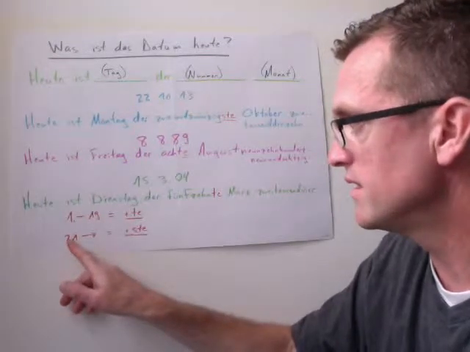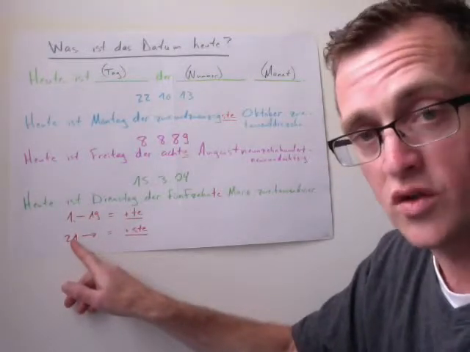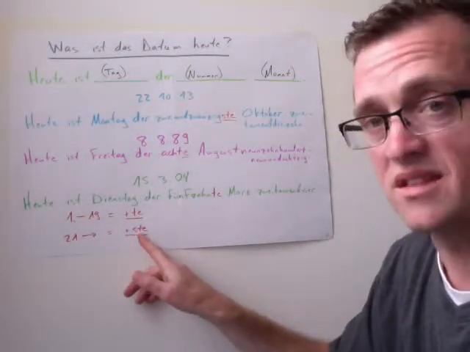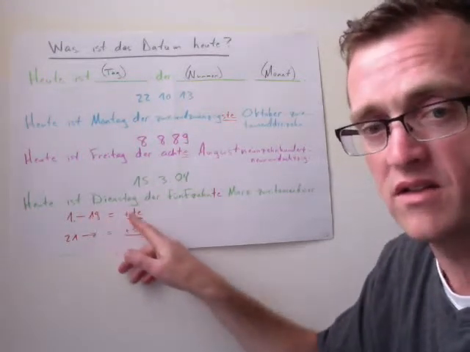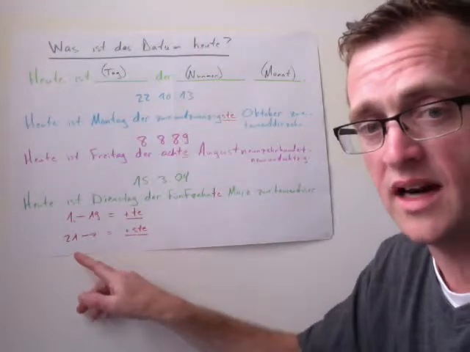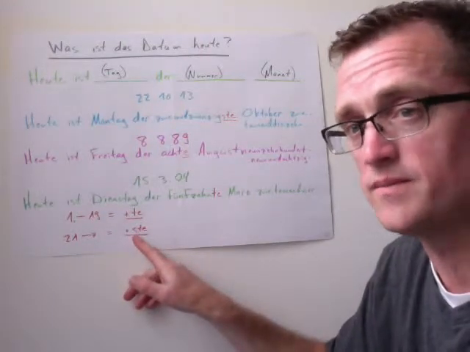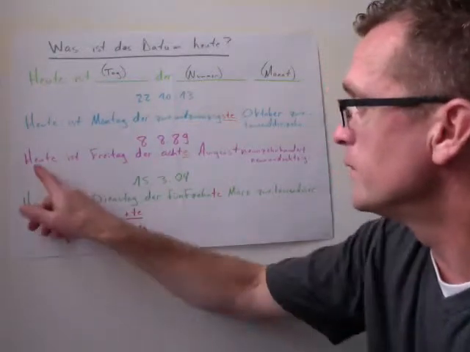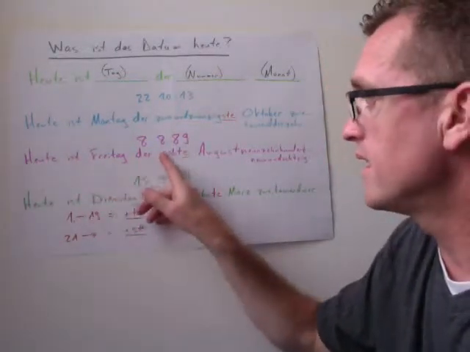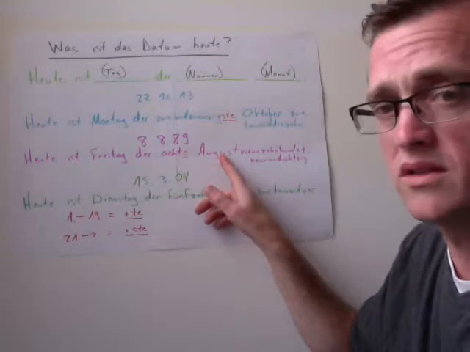As soon as we hit, whoops, that should be 20. 20 and up, it should be st. Okay? So if it were the 18th, we'd say 18t. The 28th, we'd say 28st. If it were August 8th, 1989, we would say heute ist Freitag, der 8. August